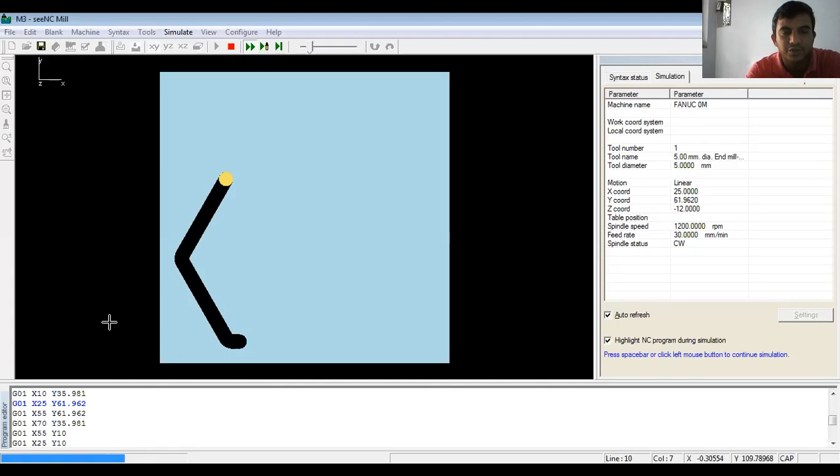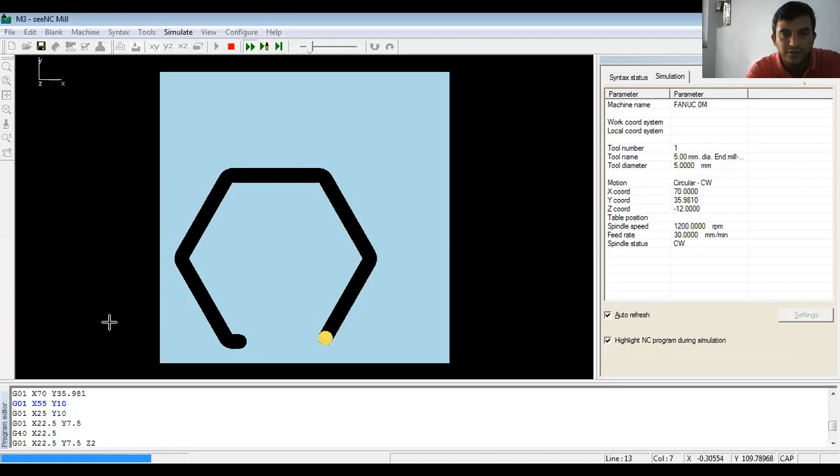Now the cutting tool moves from second to third location. From third to fourth, again if you press here, again linear interpolation. Similarly, it occurs from 4 to 5, 5 to 6, now 6 to 1. Now still it is at the depth of cut 12 mm.